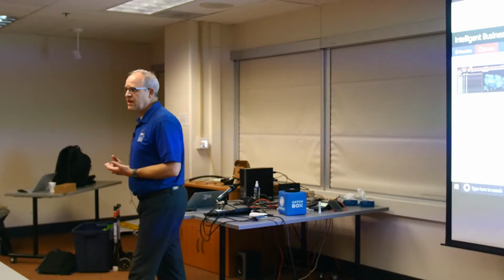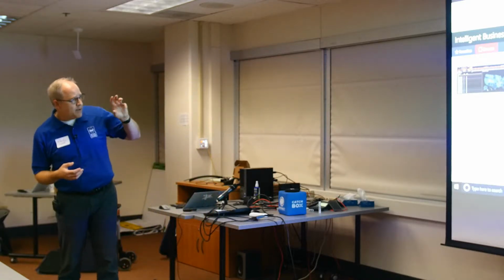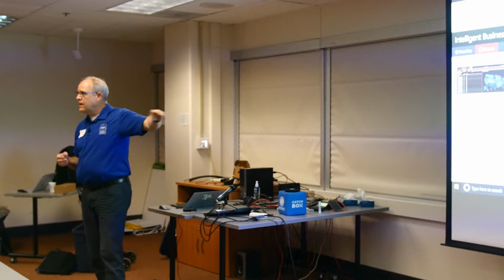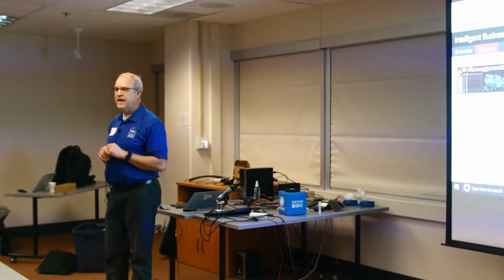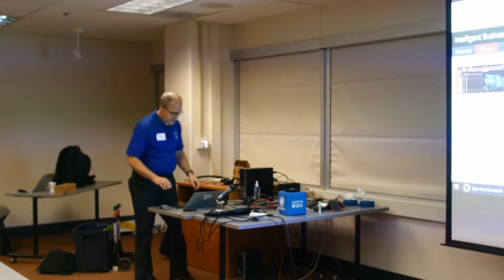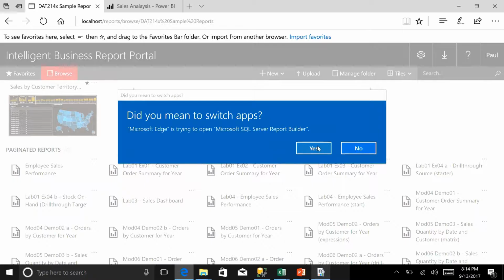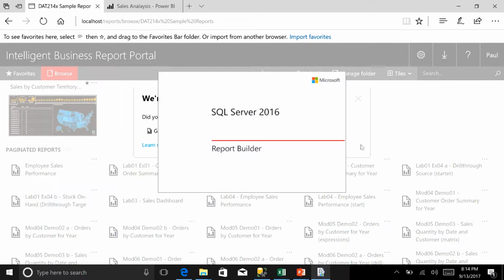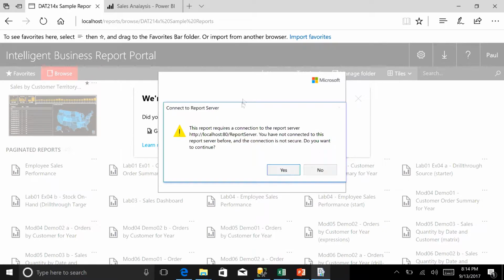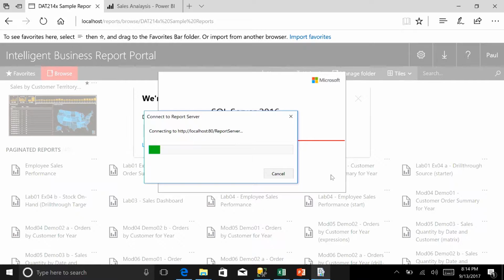But the default behavior here is that when they choose paginated report, a little window is going to pop up and say, hey, you don't have Report Builder installed. We'll take you to a link and you can install the latest. So we don't use the ClickOnce .NET capability anymore. But if I choose paginated report, that's just going to open up Report Builder, and then it'll create a new